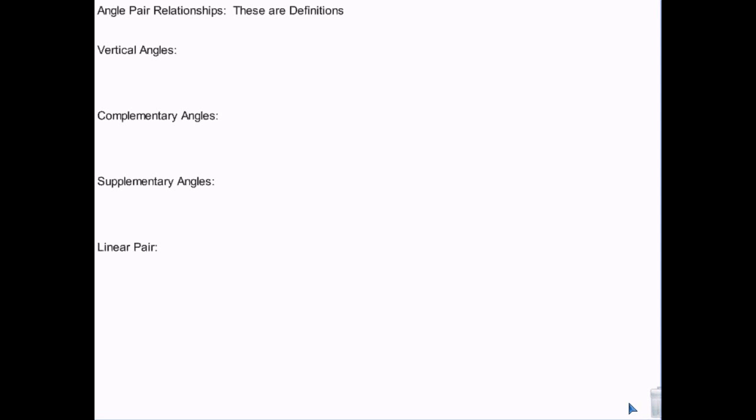So you'll notice that I wrote on here, these are definitions. We're going to have, as I mentioned before, definitions and postulates and theories, and they'll come up in proofs. And when they come up, you'll say things like angle A is congruent to angle B, and then you have to give a reason. And the reasons could be a theorem, so you might say,